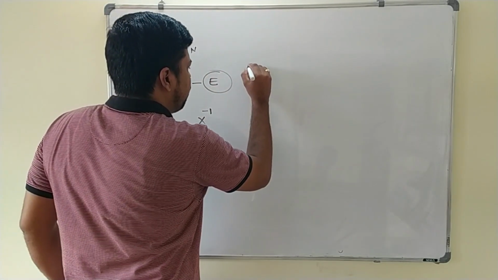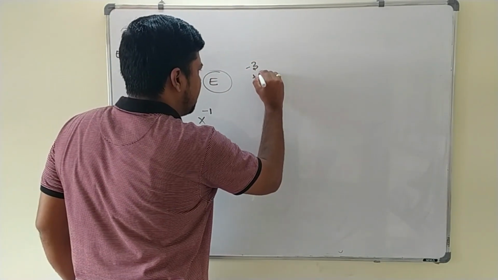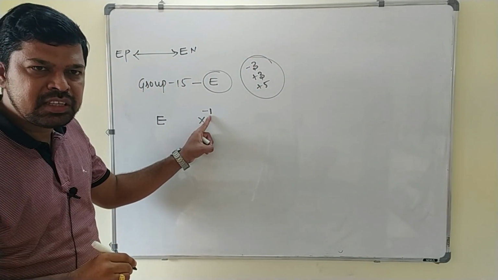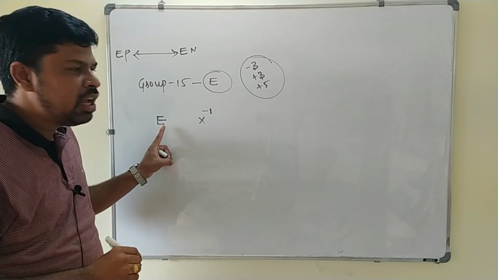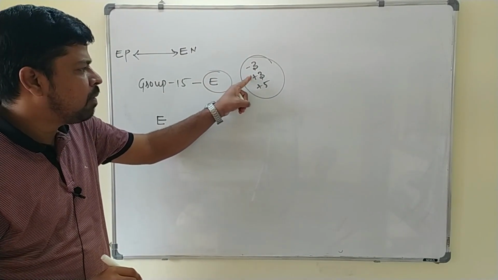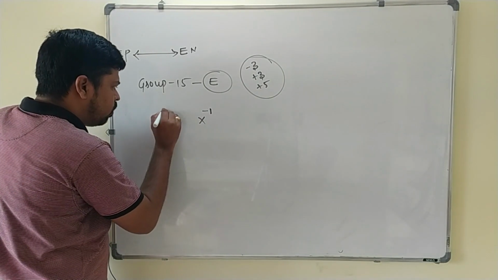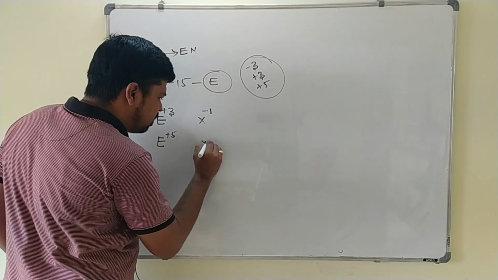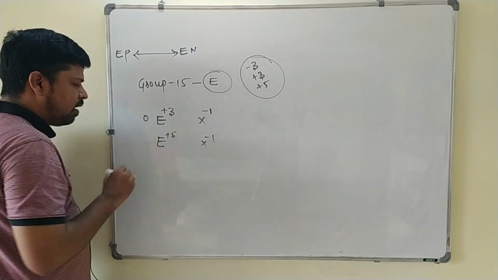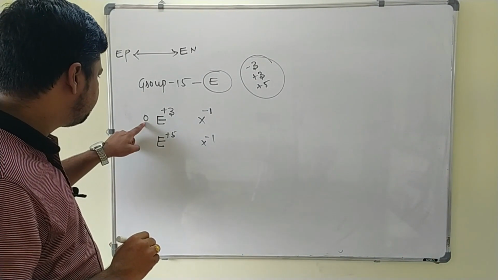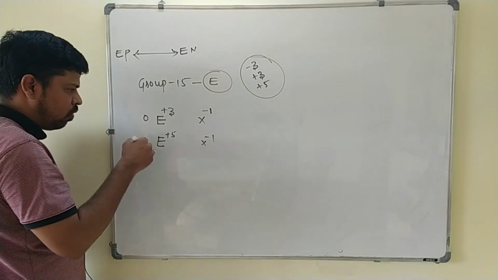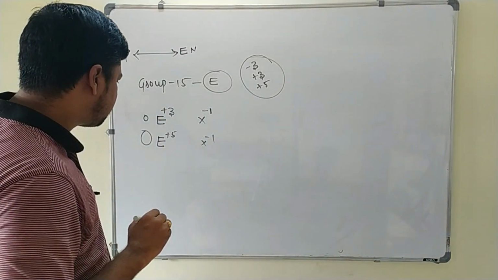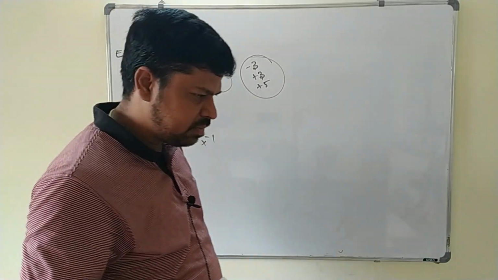We know that in case of group 15, the common oxidation states are -3, +3 and +5. Since halogen shows -1 oxidation state, this must show a positive oxidation state. How many positive oxidation states are possible here? +3 and +5. It may show +3 oxidation state or +5 oxidation state here. A smaller atom will show +3 oxidation state. If you go still down the group, as atomic size increases, they will show +5 oxidation state.